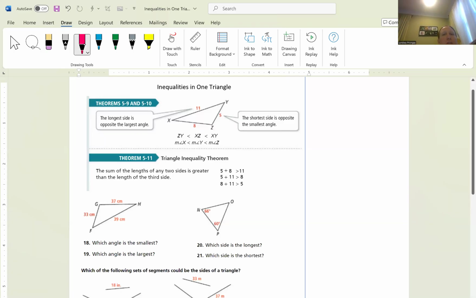Video is about inequalities in one triangle. And in my opinion, this lesson is on the easier side of things, so hopefully you feel the same. So you guys did the Desmos that kind of helped you discover what's going on here, but now we are